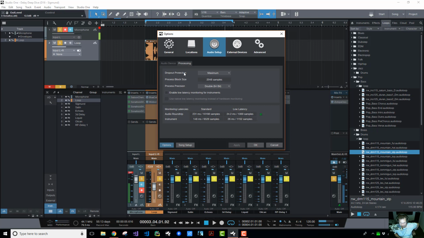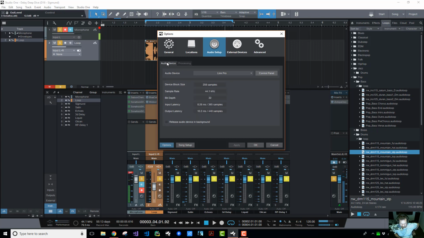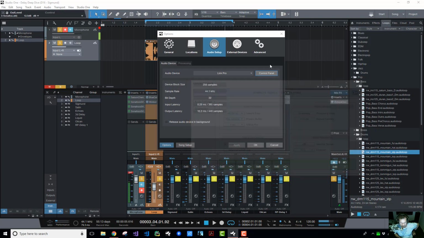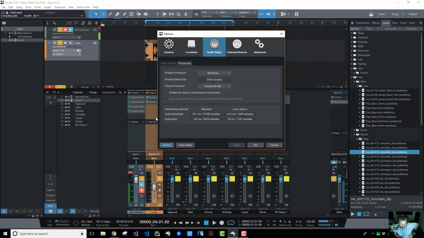And essentially how that needs to work in Studio One is that we need to ideally have a reasonably low device block size or latency setting on the sound card. In this case, it's my Complete Audio 6. And we've got a process buffer of 256 samples, which is pretty low. I mean, I could go out to 1024, and I think this computer is fine enough to handle a setting that low. And then in the processing setting, we have settings that relate to dropout protection,